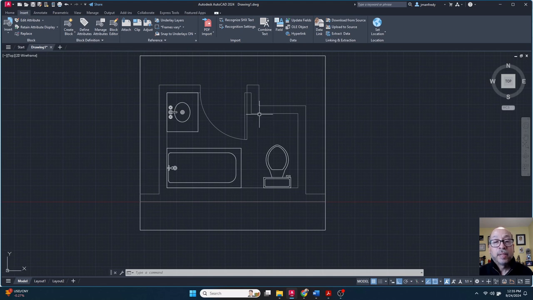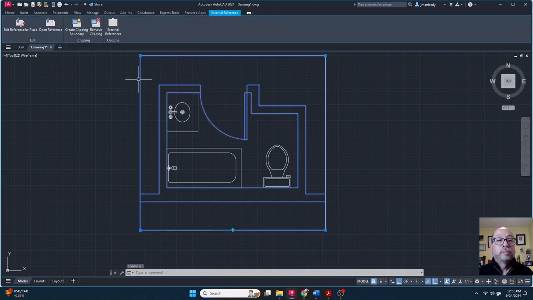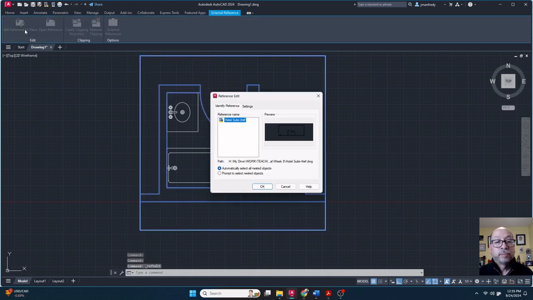Or I can try to change them in this file. So I can basically click on the XREF here and do edit in place. Choose the file I'm changing. I'm changing the file called Hotel Suite XREF. So you see, you're not changing the file I'm in right now. You're changing the file that's used as an XREF. This file exists outside of the drawing you're currently in. It's in a folder somewhere. So if I edit that file,